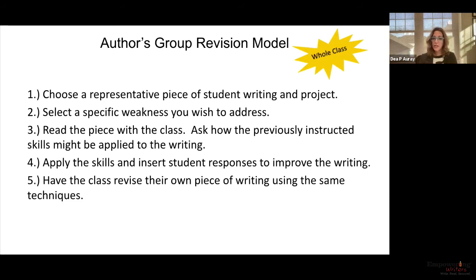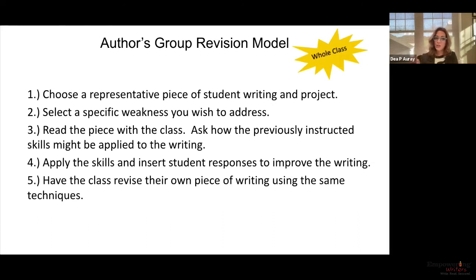So imagine that everybody just wrote an elaborative segment about the forest. I take one representative piece, I read it, and I focus on some skills that I really want my students to hone in on. What I always say is, what's the biggest bang for my buck? Then I'm going to work on that particular skill with them. I'm going to model what that looks like. And now everybody in the classroom has written a segment about the forest. They're all going to apply that.